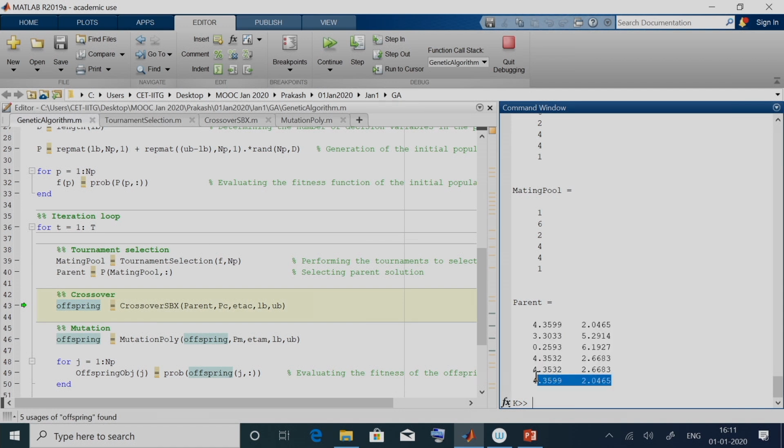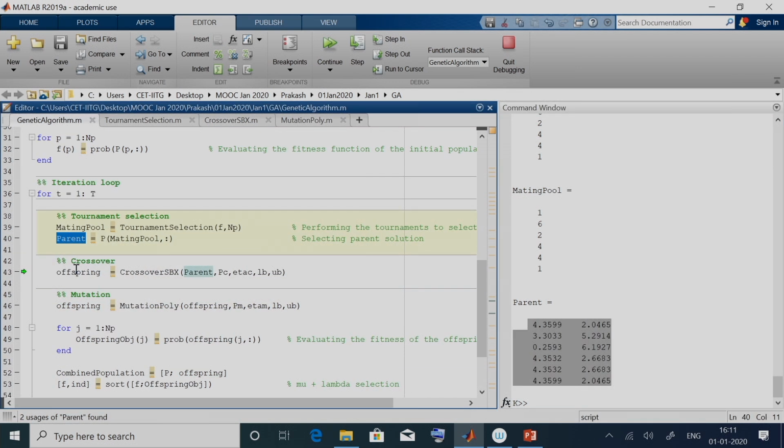The first solution is repeated twice, it is over here and here, that is why it is at the first and the last location. The sixth solution was 3.3033, so it is located in the second position. So that is how we have found the parents now.